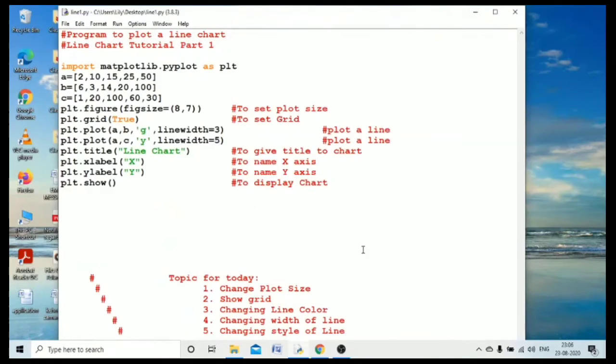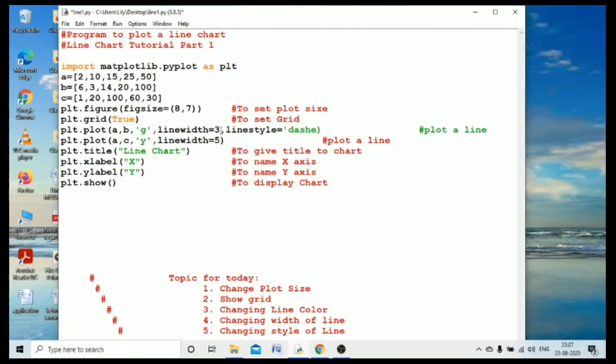Now the last topic for today is how you can change the style of a line. By style we mean that a line can be displayed like the regular ones as you have seen, or the line will be like dotted ones. It can be in the form of dash and a combination of dash and dot.